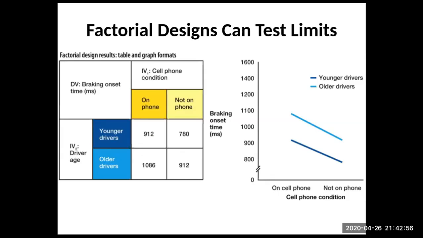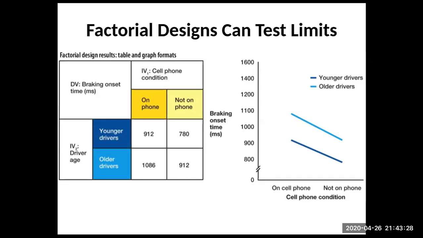We talked about drivers on their cell phone versus drivers not on their cell phone. Now, we have 4 groups. As you can see on the left, we have younger drivers on their cell phone, which gives you a breaking time. The DV is going to be the number that's written in these boxes. So for younger drivers on their cell phone, we see a breaking onset time of 912 milliseconds. For younger drivers that are not on their cell phone, we see a breaking time of 780 milliseconds, so it's